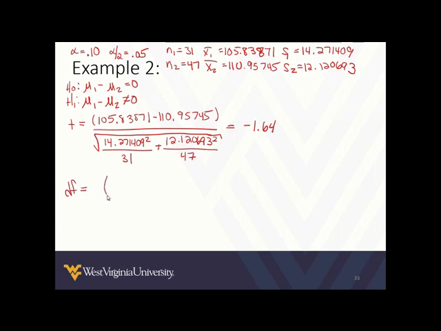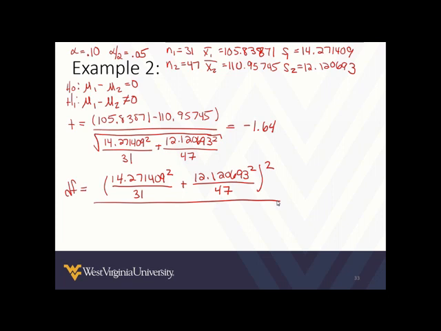So the calculation for the numerator is going to be 14.271409 squared all over 31 plus 12.120693 squared over 47, and the whole numerator is then squared,